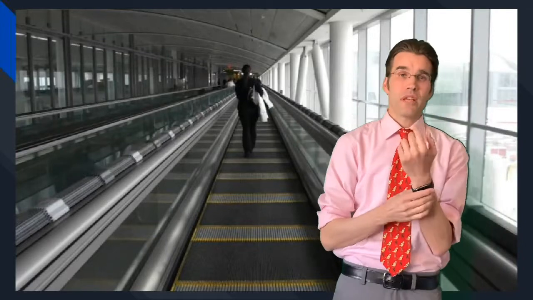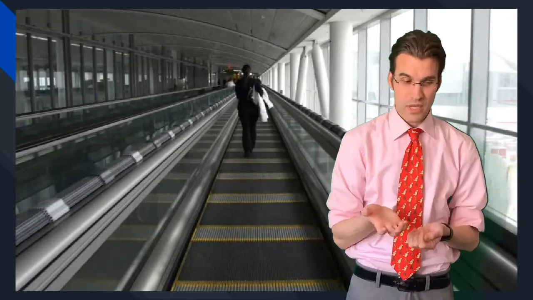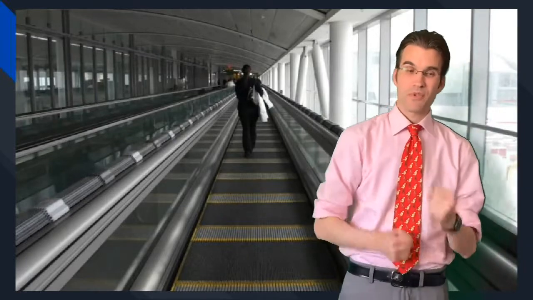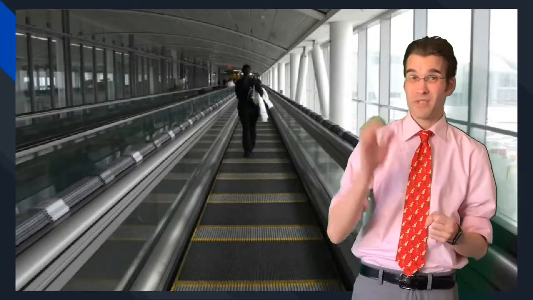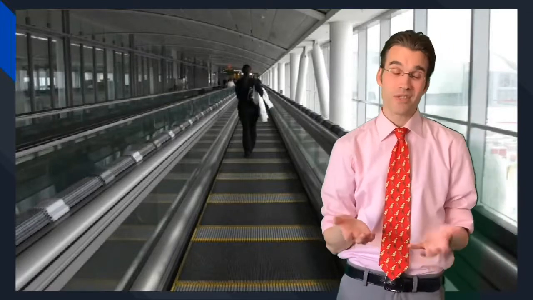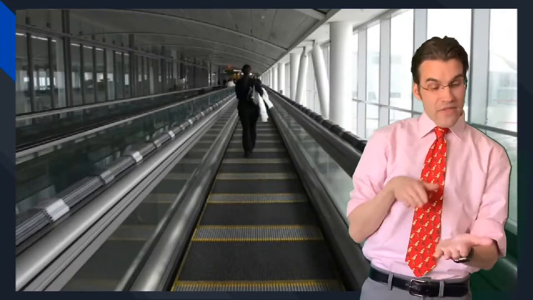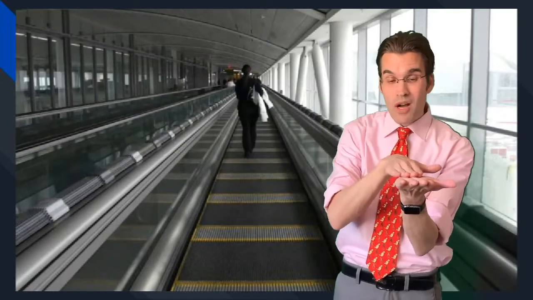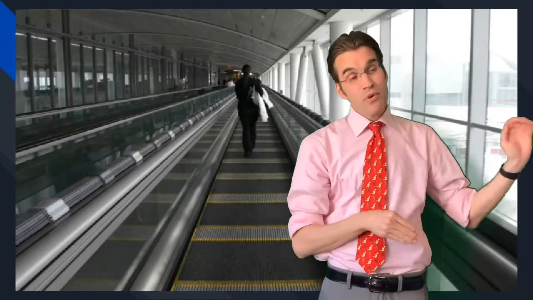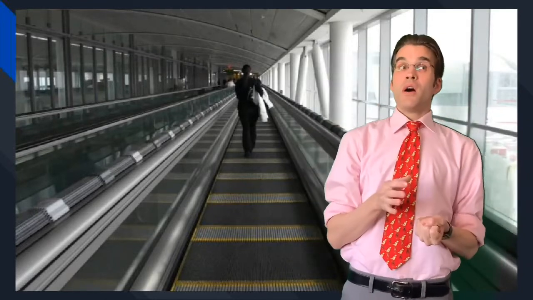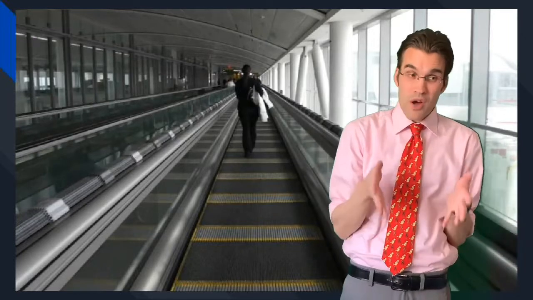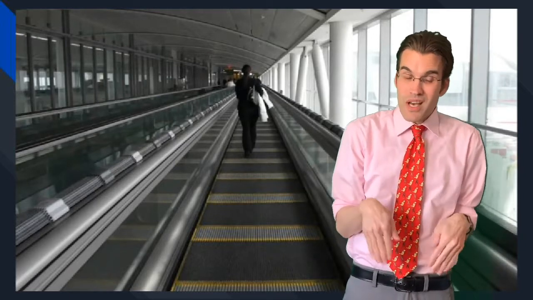So let me give you another example, because it's kind of confusing. Imagine you're walking on one of those escalators, or not escalators, but those walking sidewalks at an airport. Have you ever seen one of those? They're pretty cool, huh? Especially if you run on them. It's kind of like an escalator. But imagine you're walking on one, and the moving sidewalk is going 3 miles an hour. And there's somebody off to the side that's watching you. If that person off to the side watching you, they see you going 3 miles an hour if you're standing there. But for you on the moving sidewalk, you're not actually moving.